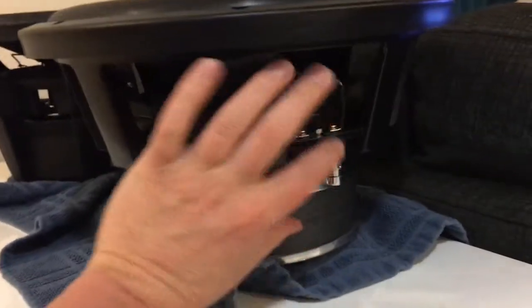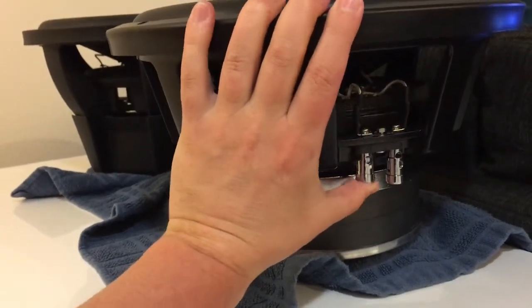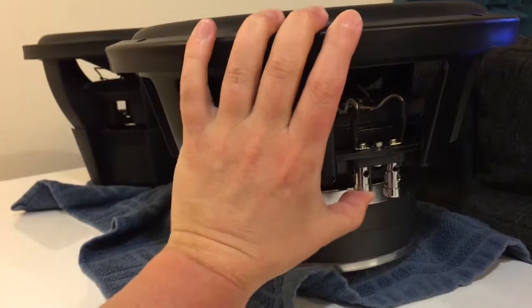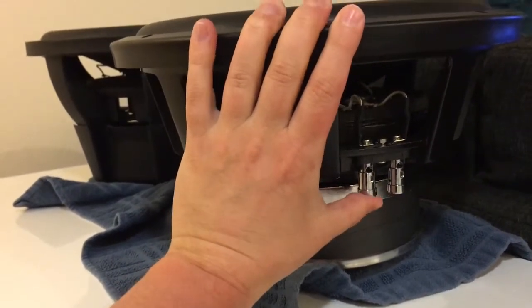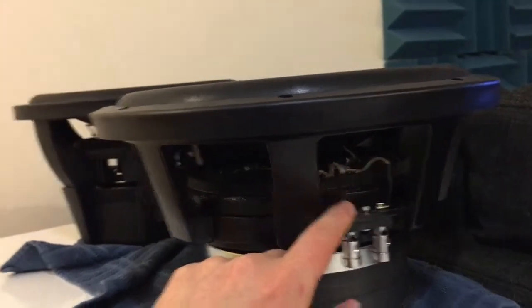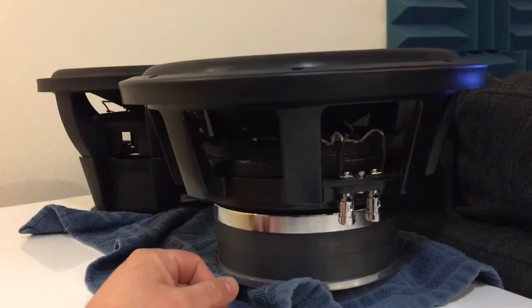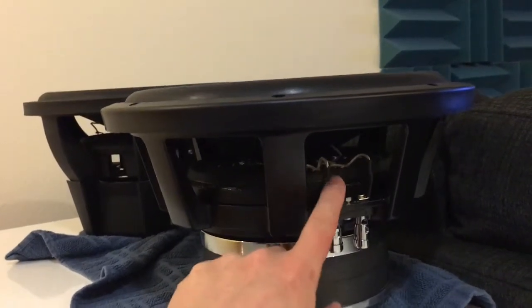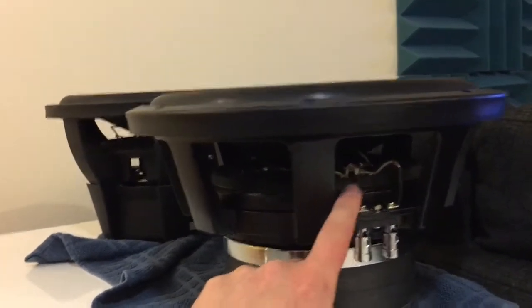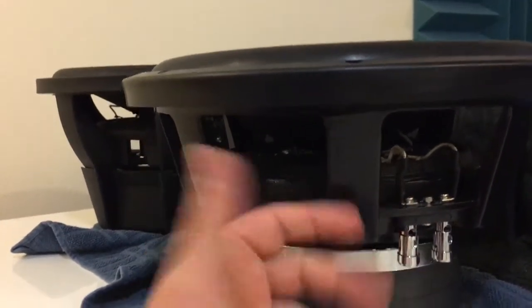This has these connectors here, like push terminals. They seem to be pretty good, it takes a little bit of effort to push them, so that'll hold the wires pretty nicely. It seems like the gauge of the lead wires is very similar to the RE. I really don't see a difference between them, besides these being sewn in, and maybe this connection here is better. Whereas on the RE, it's just